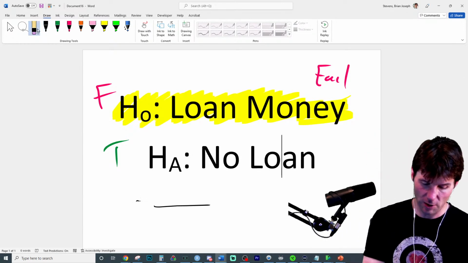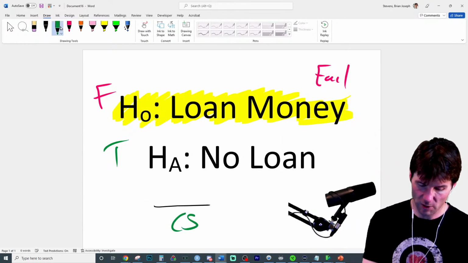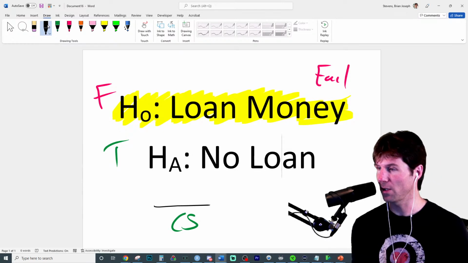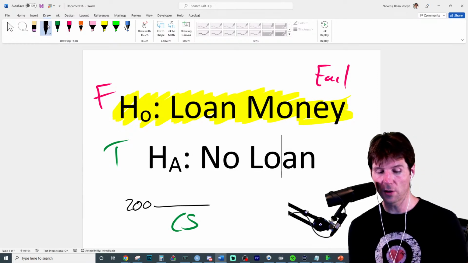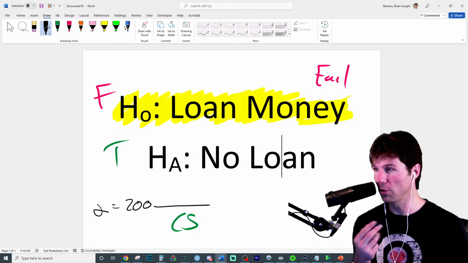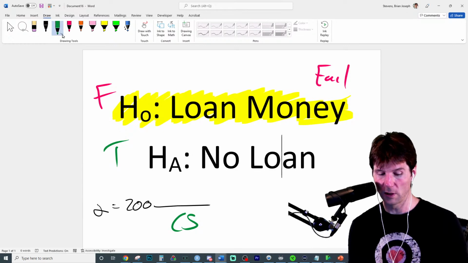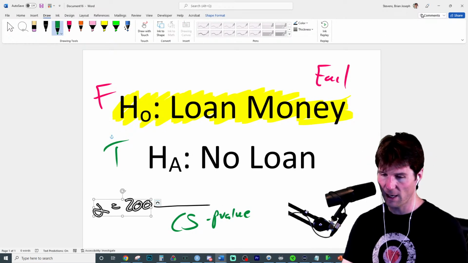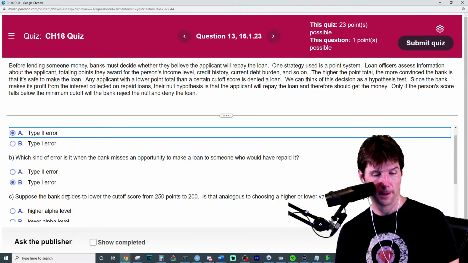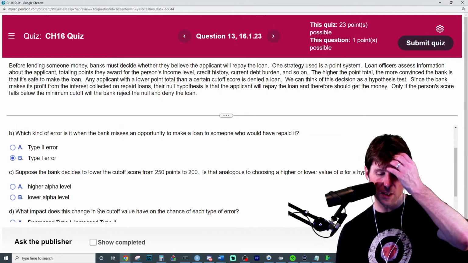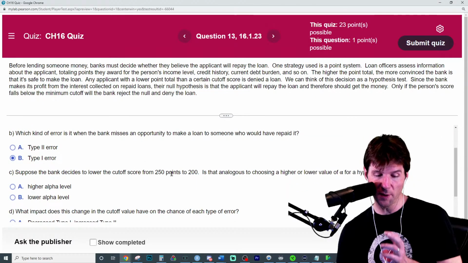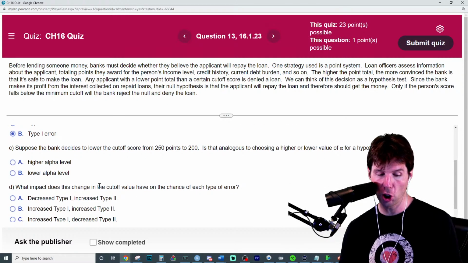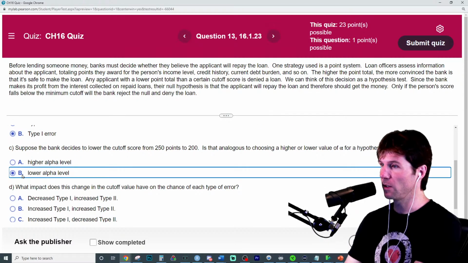I never thought of it that way for this question. I wish they said it's credit score. I don't know. They don't want to advertise that or something. If they set it to 200, this right here is your alpha that they're using figuratively. And then the credit score is the p-value. So if they raise the bar, they're raising alpha. Is it A, Eric? I think it's analogous to alpha. So I think it's going to be lower alpha. So from 250 to 200, that's going to be a lower alpha because they need more evidence to not give